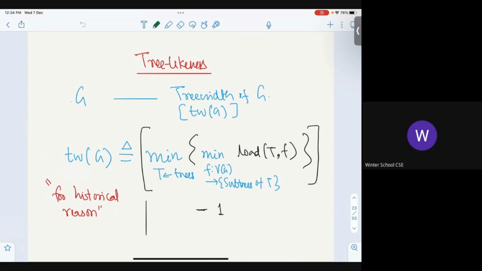So if the graph does not have any edges, what should its tree width be? 0, right? That's one reason, to capture that, and also to capture trees. I want to say trees are tree-like with width 1. We'll get there. We'll make some examples. I'm not in any hurry. We still have 45 minutes.